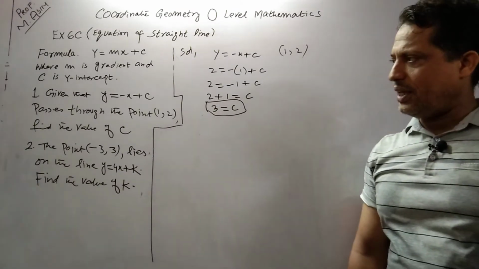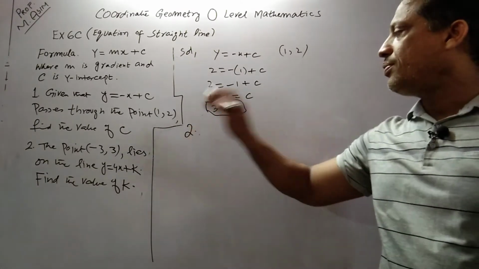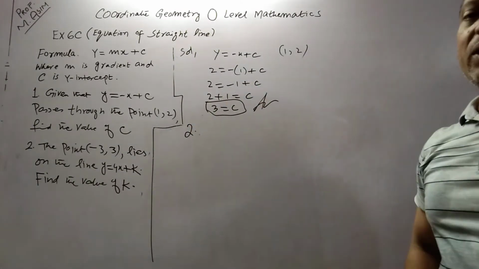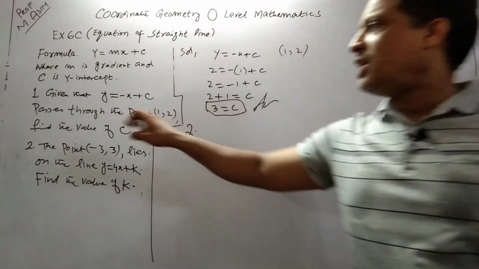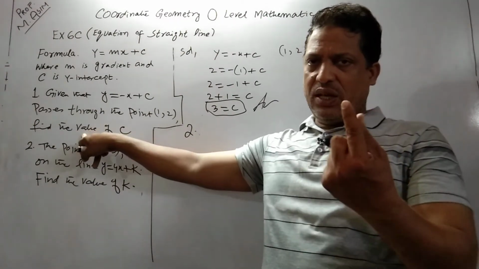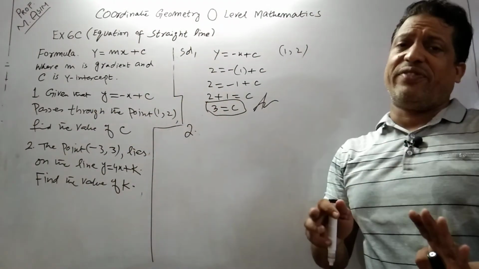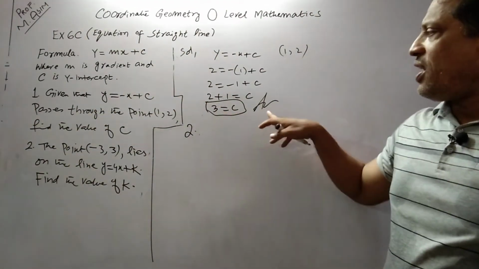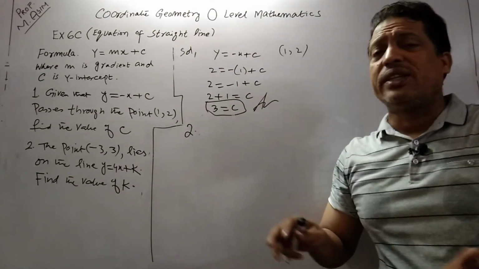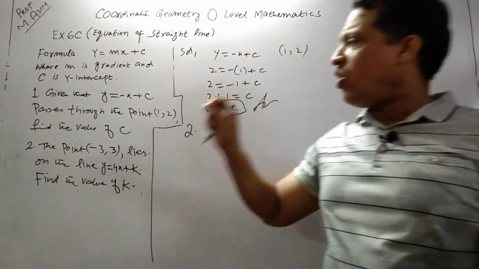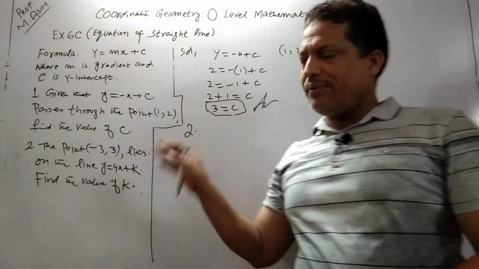I hope you understand. Question number 2, and this is your answer, because the requirement is not to find the equation of a straight line. The requirement is to just write the value of c. So kindly fulfill the requirement, and do not move fast to put this value of c equal to 3 in this equation. This is not the requirement. The requirement is only to find the value of c.